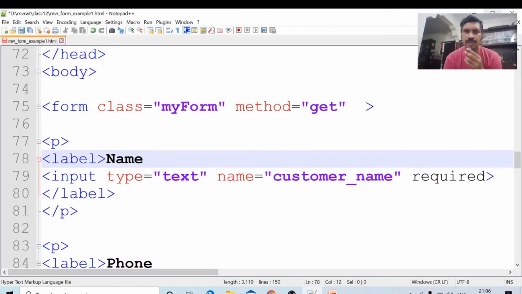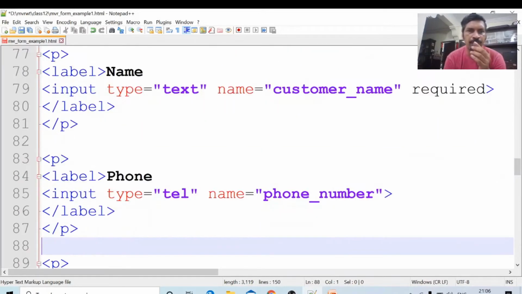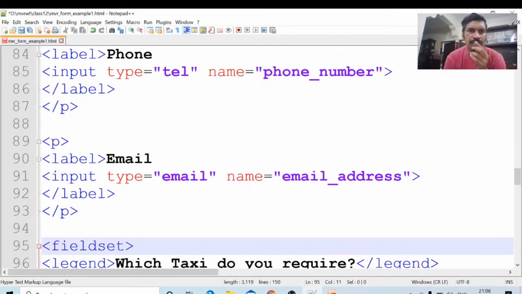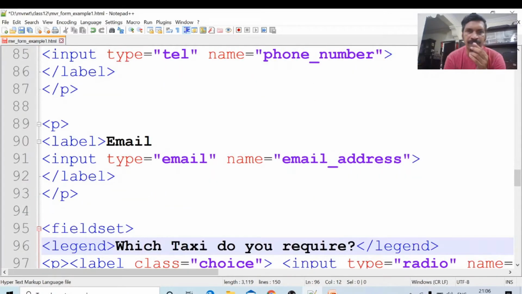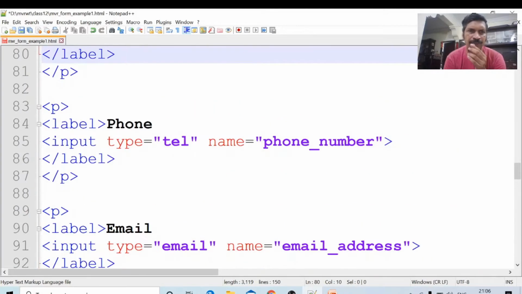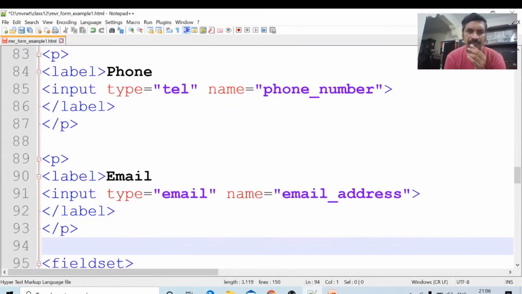The phone number is phone. Input type TEL, telephone number. Next, email: input type equal to email, name equal to email address. These types of facilities are also there: TEL type is there, email type is there.